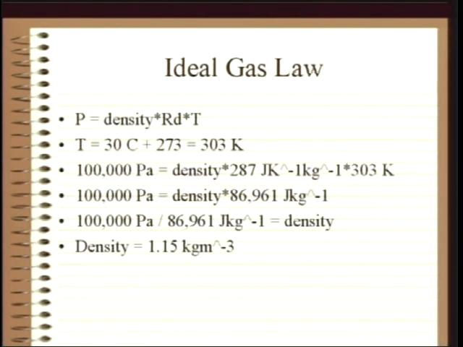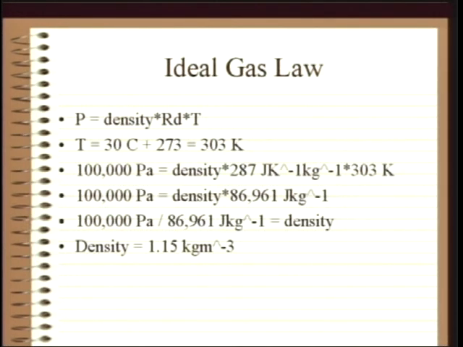The temperature in Kelvin is 273 plus the 30 Celsius that was given, and that will be 303 Kelvin. The pressure we determined is 100,000 pascals. So we're going to put our terms into the equation now, and our only unknown is density. So 100,000 pascals is equal to density times the gas constant times our temperature. Next, we'll multiply the 287 by the 303. That gives us that value of